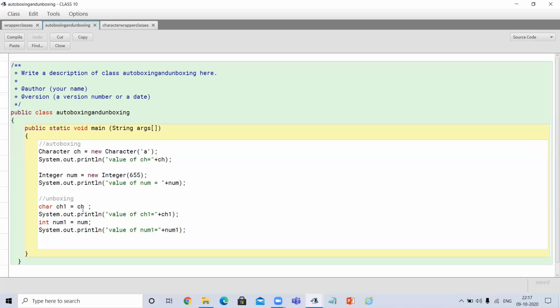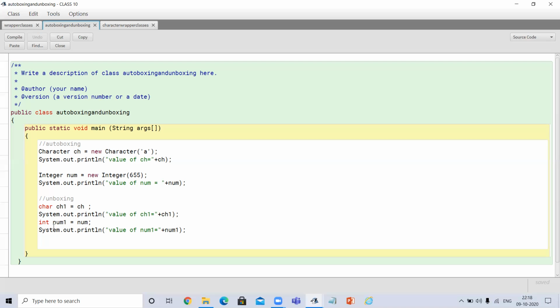This object value will now convert into its primitive value. Here it was converting the char value into its object form; here it will convert the object value, meaning the wrapper class value, into its primitive type.